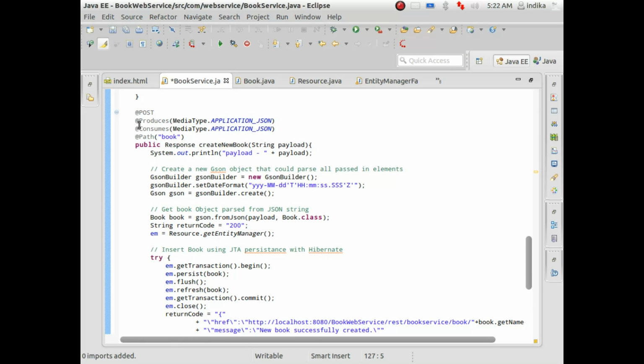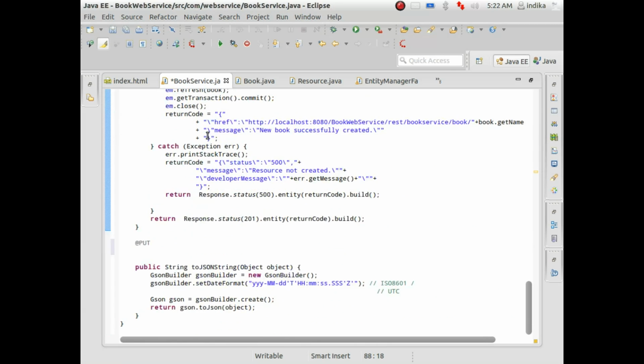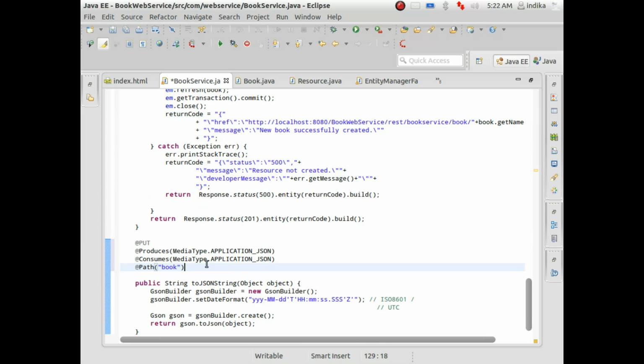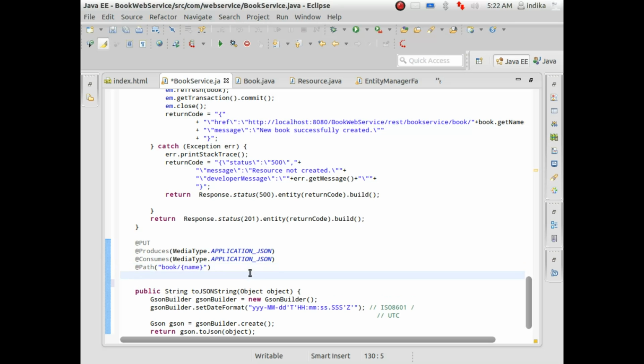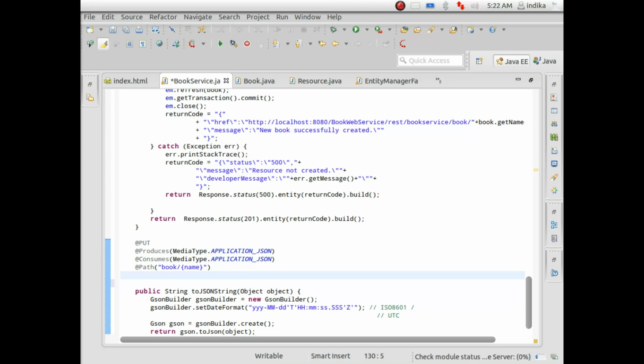So the top part is almost similar with the variation of a parameter coming, that is the book to be changed. So I already have this method, just copy and paste it here